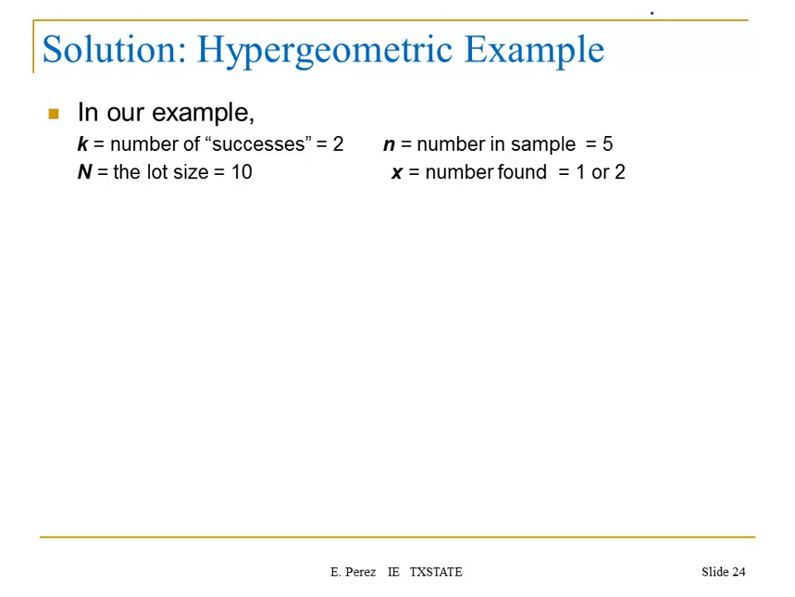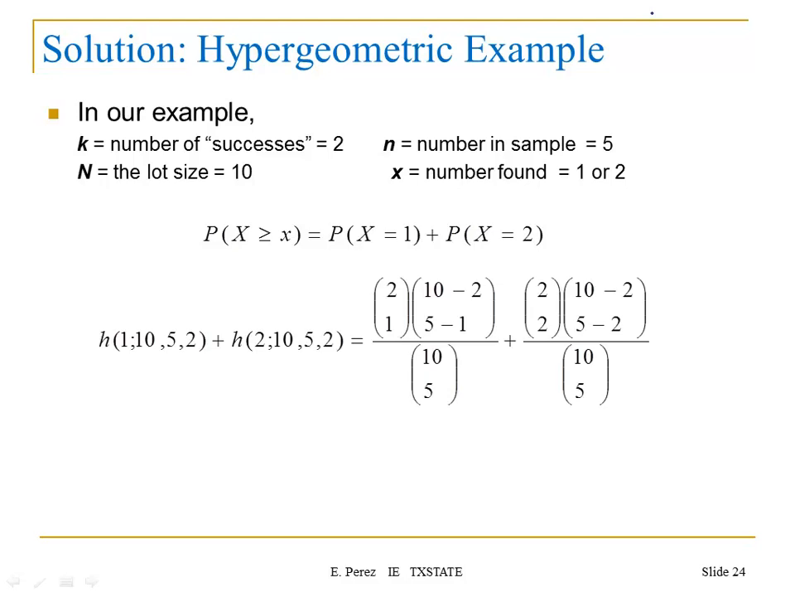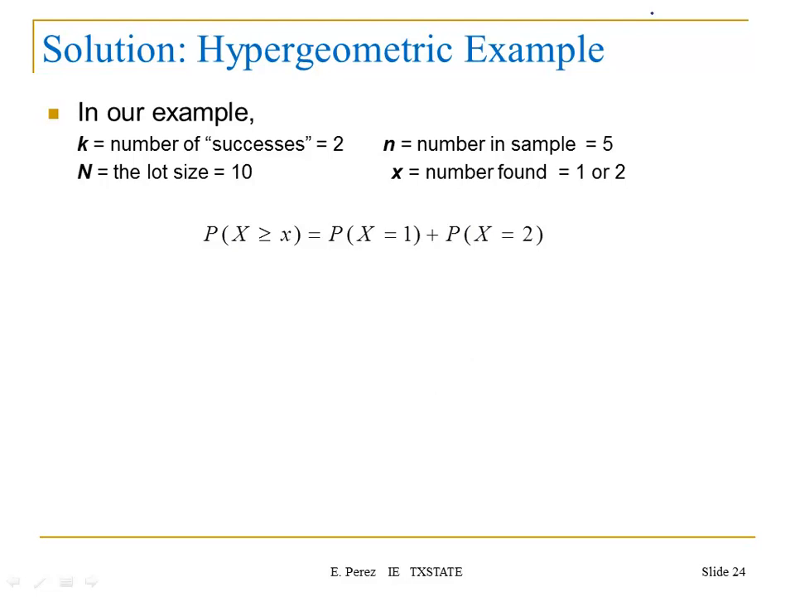And x will be the number found, which will be equal to 1 or 2. So we're looking at the probability of x being greater or equal to 1, and that will be equal to the probability of x equals 1 plus the probability of x equals 2. We only have 2 defective items in this lot. If we solve that, the only thing that you have to do is to substitute the parameters into the distribution. So going back to the expression,